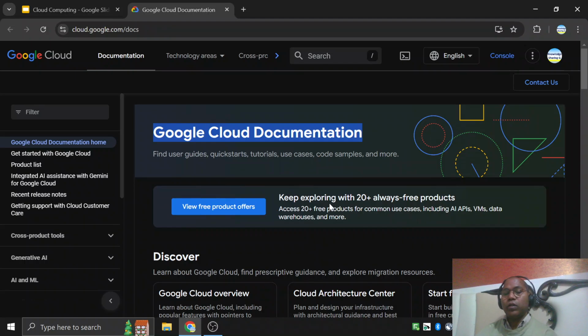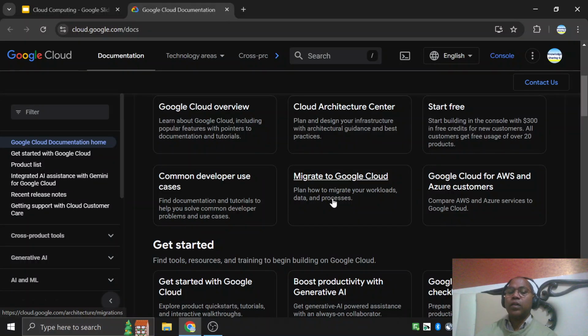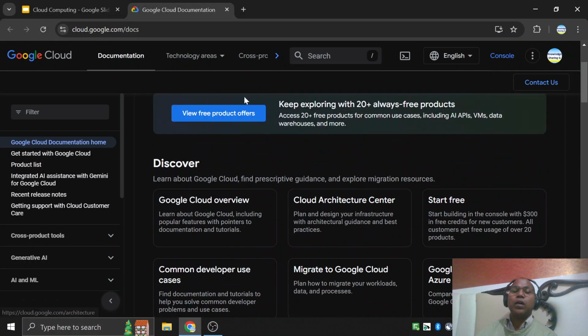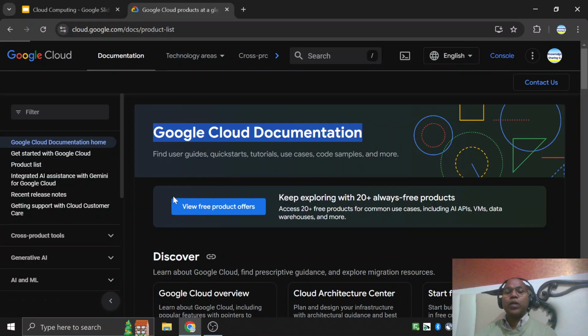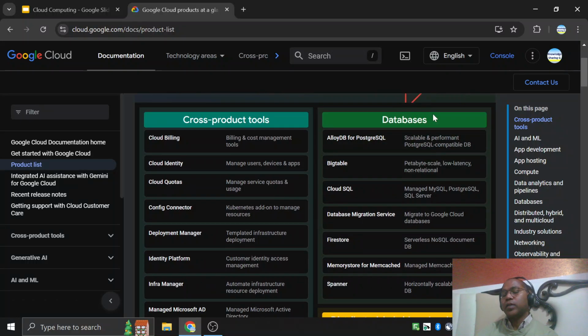You yourself can read it, explore it, and get a better understanding of each and every architecture and service they offer for us. They have a long product list, more than you can look at here. For example, in your application you require a database, so different kinds of databases are available, and you have to choose which database fits your requirement.